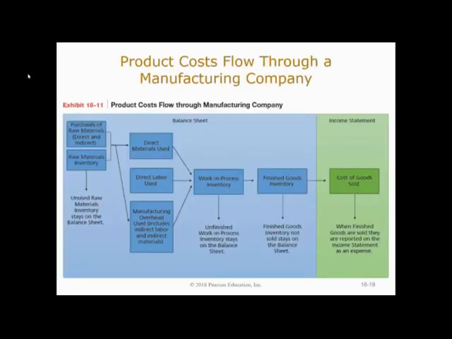And with that, that is the cost flow of inventory costs for a manufacturing firm. As you are working on production, the costs that go into making a good are going to keep changing accounts until they eventually get sold. So you bought all of these materials that you have sitting around, all of your raw materials waiting to be